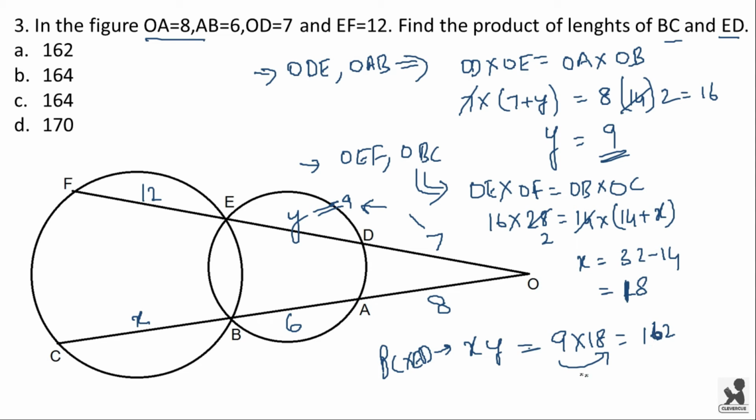So you can calculate this way because it is simpler. You can just separate this 18 into 9 into 2, and we have got this 9 already. So you know 9 square is 81, and multiplying 81 into 2 will be easier rather than 9 into 18. So the answer is 162. Answer is option A.